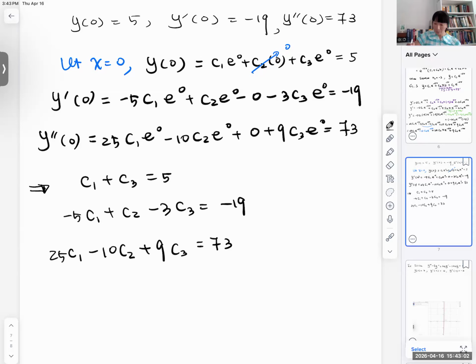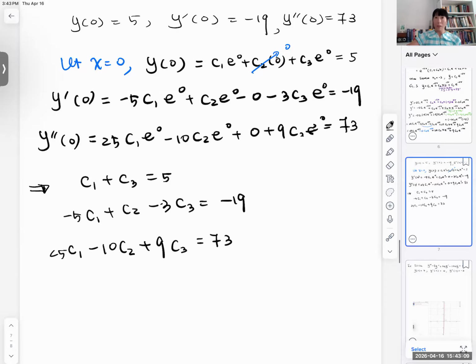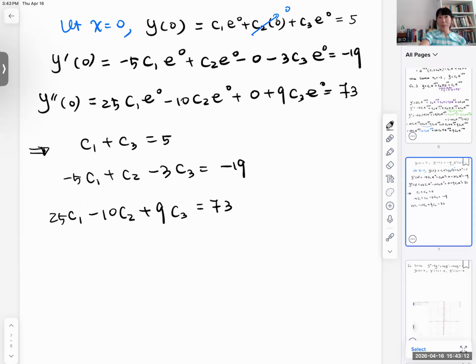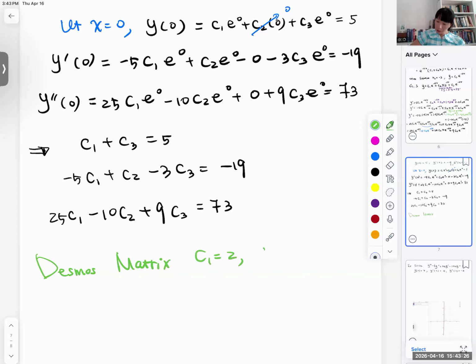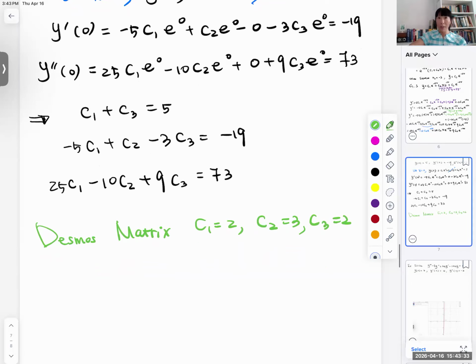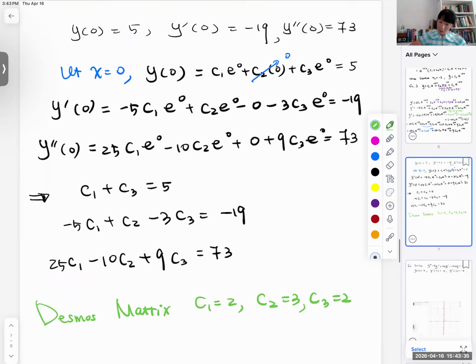Yeah, we can use decimals. Then what do you get? 25 c sub 1. Okay, so if we are using the decimals matrix calculator, we have c sub 1 equal to 2, c sub 2 equal to 3, c sub 3 equal to 2. Then the particular solution will be, we have,